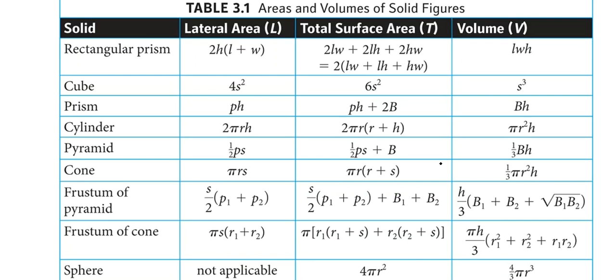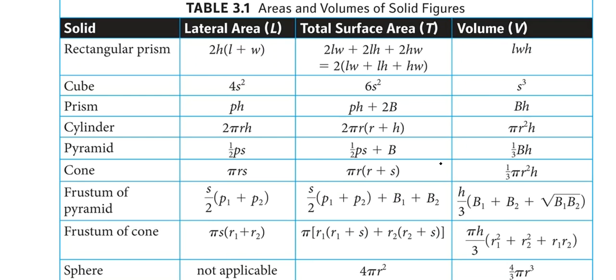Before we get going, we need to make sure we understand the difference between lateral area and total surface area. The term lateral means side, and so the lateral area of any shape is the outer edge of the shape. Think about a soup can: the label on a soup can is the lateral area of that cylinder. If you were to remove the label, the piece that you would be holding on to is the lateral area,